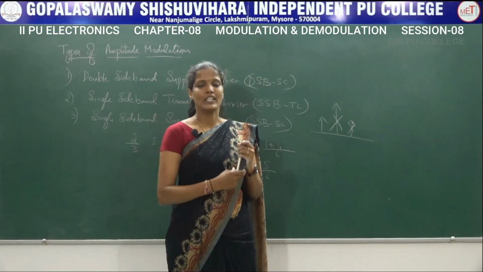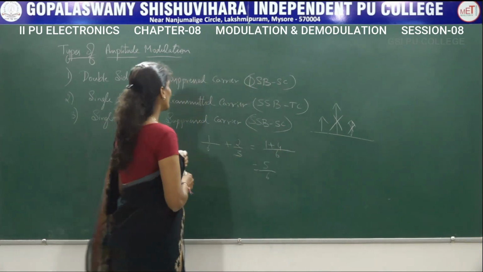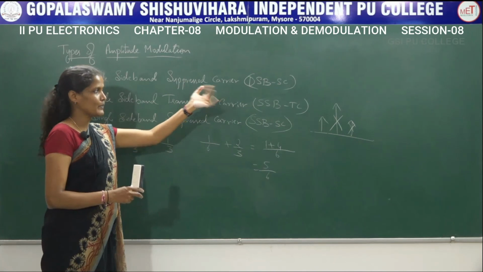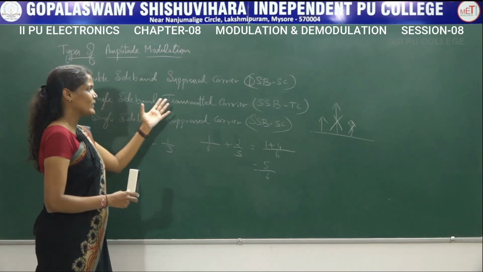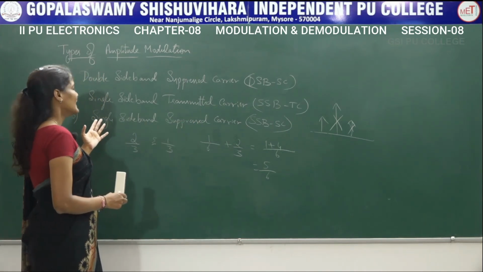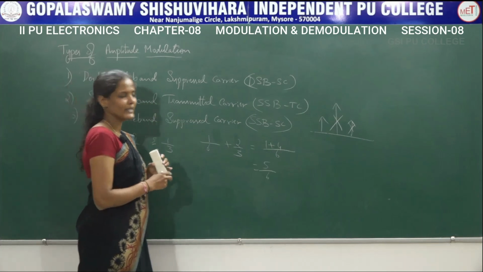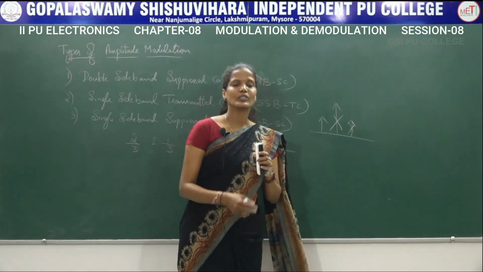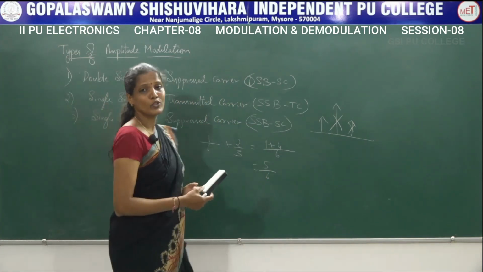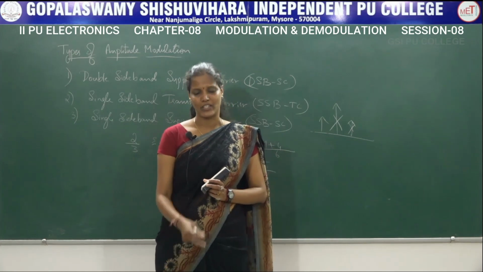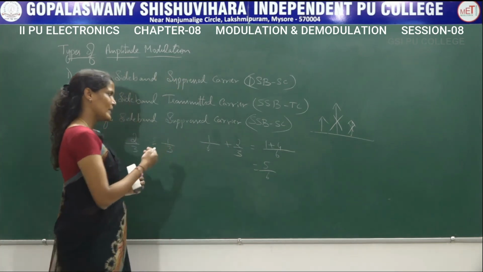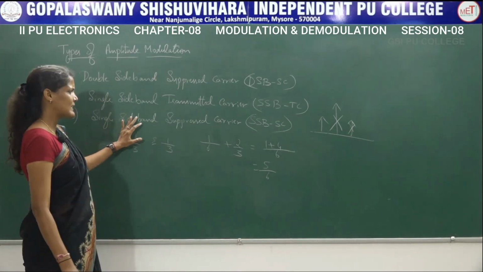So these are the three different types of amplitude modulation process: double sideband suppressed carrier, which will be denoted by DSBSC; second one is single sideband transmitted carrier, which will be denoted by SSBTC; and the last one is single sideband suppressed carrier, which will be denoted by SSBSC. Out of these three, the last one, single sideband suppressed carrier, is the most widely used type of amplitude modulation. But coming to the applications, advantages and disadvantages of this SSB-SC, this SSB-SC is most widely used for